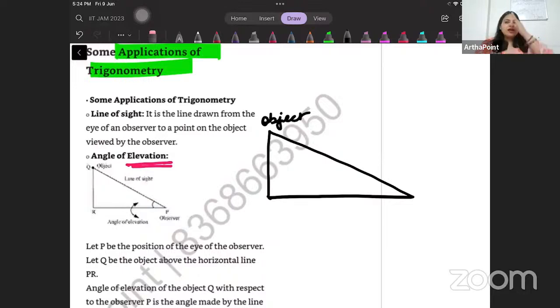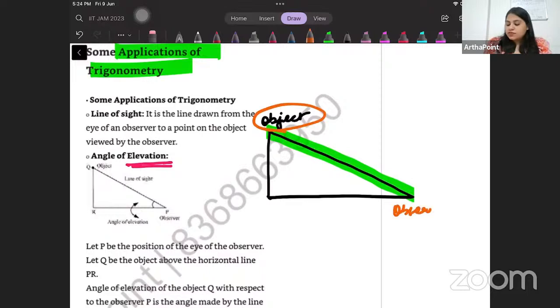to the point of the object viewed by the observer. So suppose I am standing on Qutub Minar and I am looking at something just below. So how do I observe it? That is called the line of sight. This is the line of sight. This is the object. This is the observer. I can be on top and looking at something below. I can be below and looking at something on top. So I can be on the ground and looking at the edge of the Qutub Minar, at the top of the Qutub Minar. So this is the observer, this is the object, this is the line of sight,